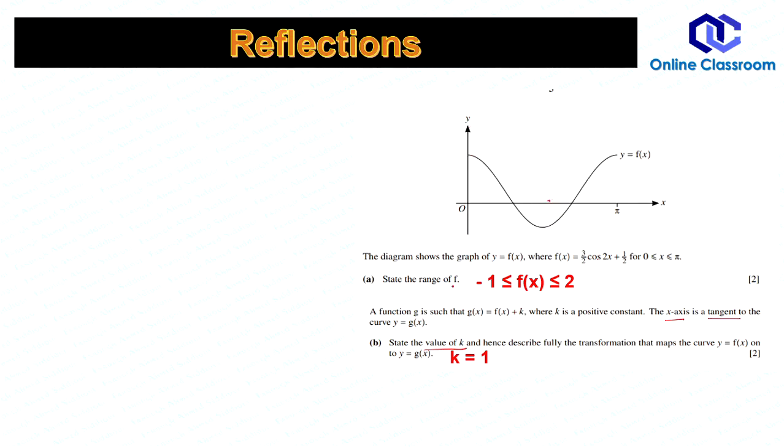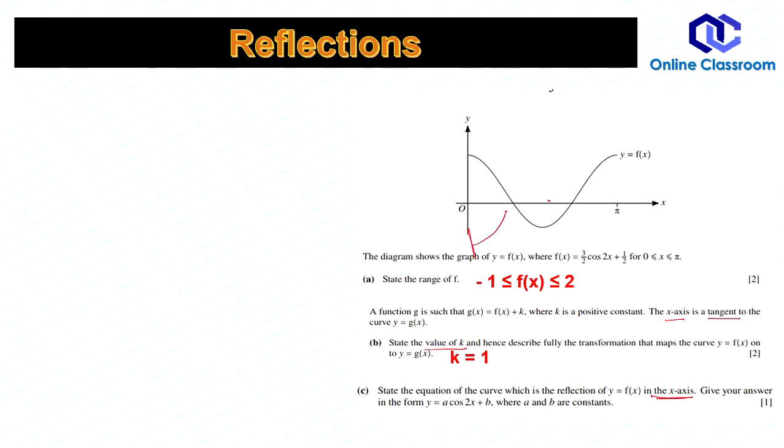Now the next part, one more part of this question. State the equation of the curve in which the whole curve has been reflected in the x-axis, something like this, a rough diagram here. Reflection in the x-axis, this 2 comes here at -2, this -1 goes here at 1, and these 2 points remain the same because of the invariant line.